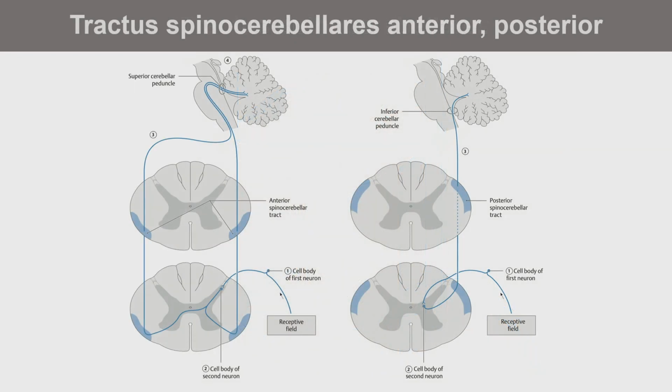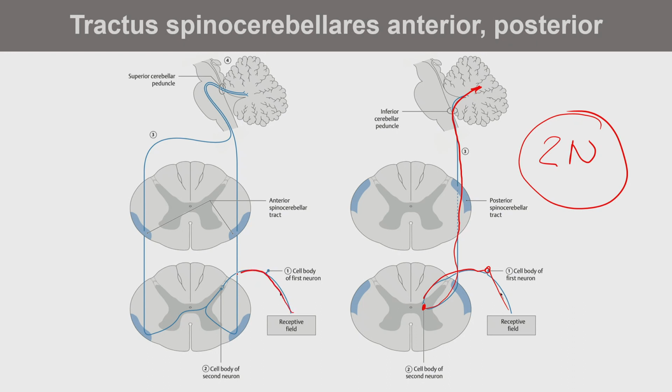So what is it? The dorsal one has a second neuron in Clarke's column, and then it is led into the cerebellum. And we have only two neurons. Also two neurons in the other, but the axon is distributed to both tracts and going to the cerebellum, through the upper peduncle, from the level of the pons. What is this information?